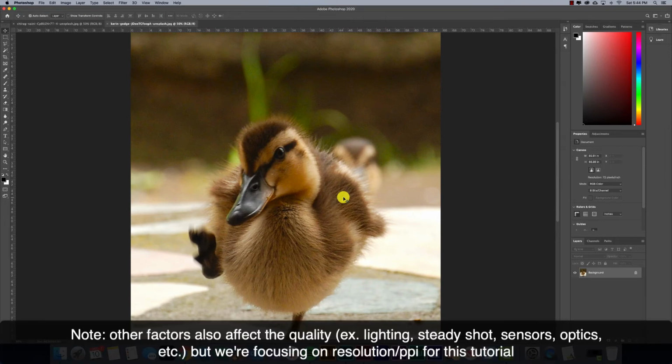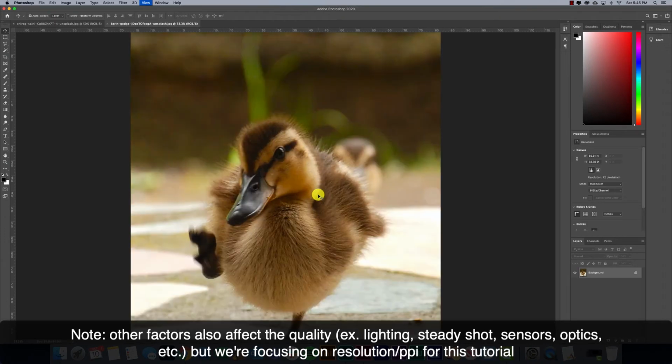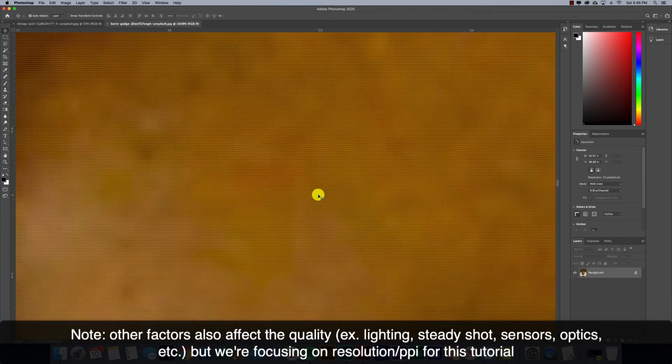If something's lower than that, then it can tend to be a little bit more blurry, a little bit more fuzzy. So it's very important that we do try to maintain that high pixel density, that high quality of 300